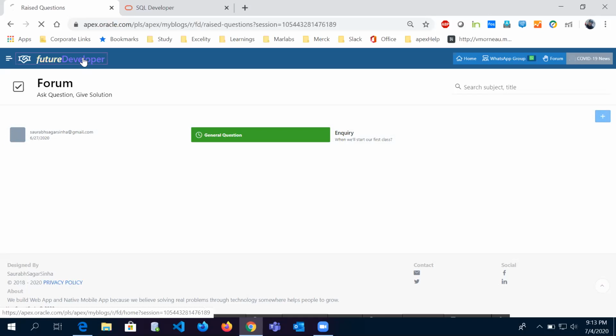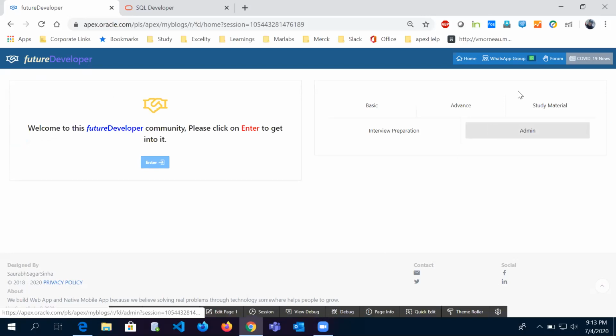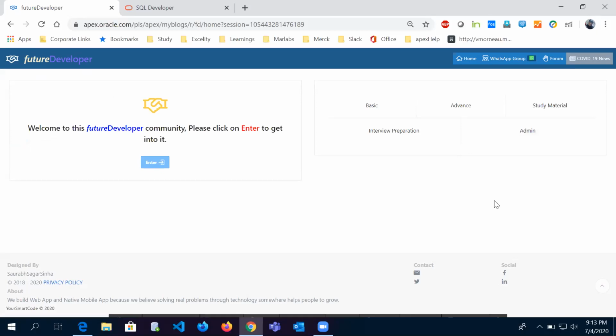Question here. How do you log in? Because I'm getting an error. What error are you getting? It's saying ORA-00001 unique constraint violated. Can you please send your screenshot to my personal email address? You can contact me here in this contact field. Send your error screenshot to this email address. Okay, I'll look at this. Yeah. Okay.